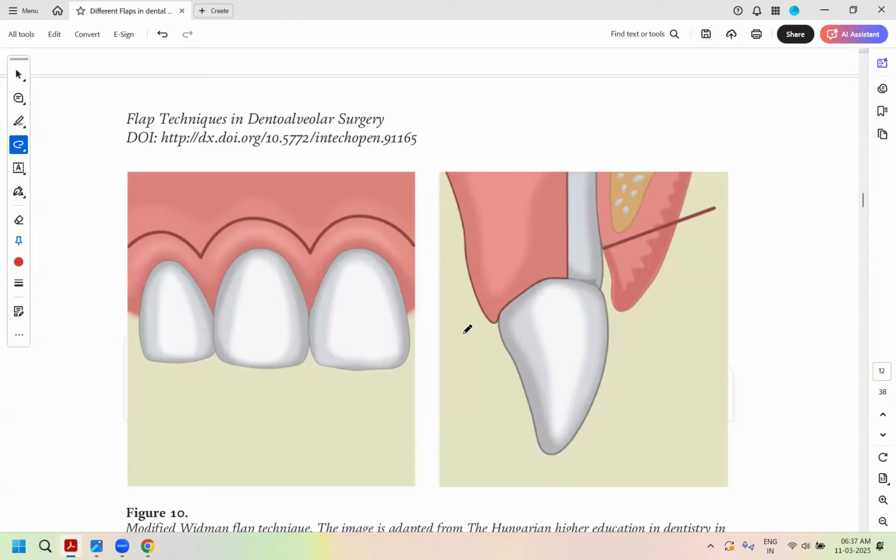So the indication for your partial thickness flap is fenestrations and dehiscences, right? Where you do not want to expose the bone and treat the defect by grafts. Then in terms of your free gingival graft, where there is insufficient attached gingiva and you're preparing the bed to receive the graft, that would be on your connective tissue. The other indication for your partial thickness would be in the double papilla or your lateral pedicle graft to cover your localized recession defects. Is that correct, Lata?